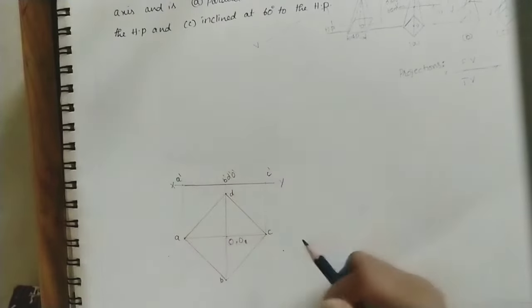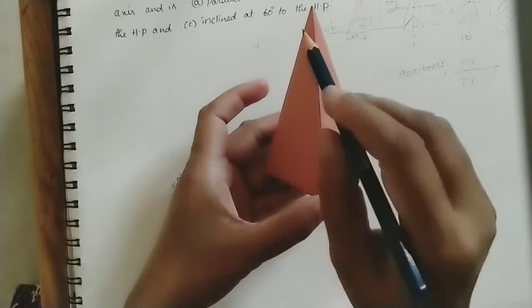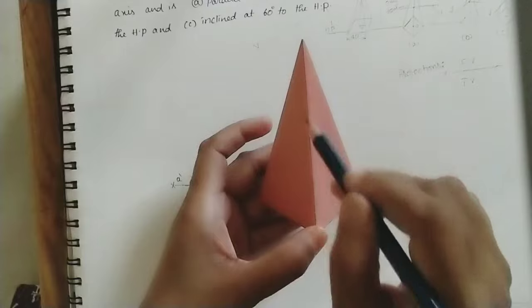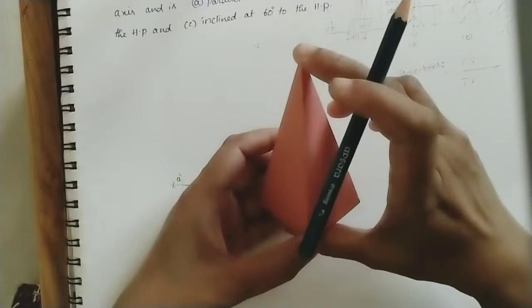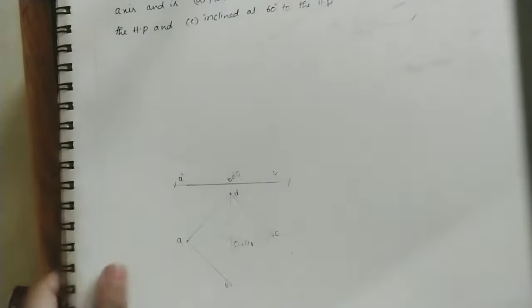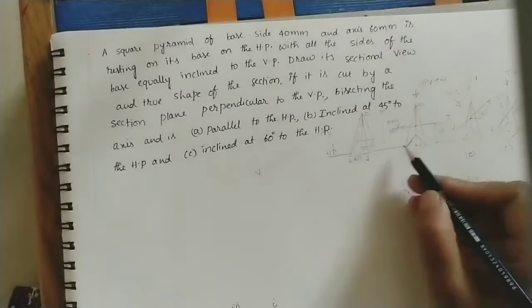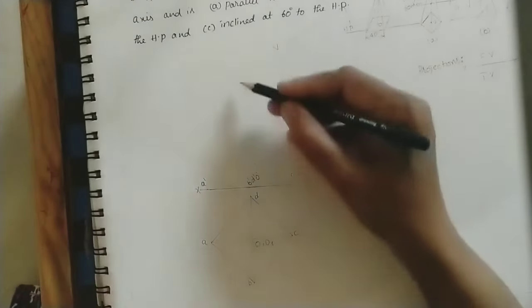Front view is coming above the XY line. In the front view we will get this type of triangular shape with the middle line. Okay, it is the front view, so we can see the entire height. How much height of the pyramid is it? It has been given, it is 6 centimeters. Okay, so above this XY line, take 6 centimeters.